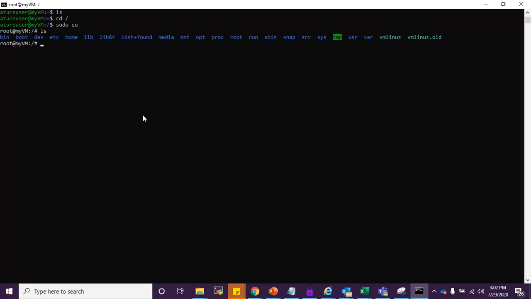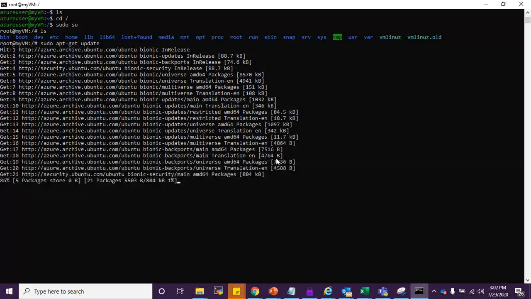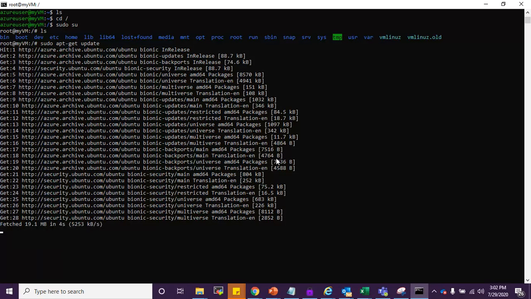Now we'll install Terraform over here first. Sorry, let's do an update first in this machine. sudo apt-get update. Updating my machine. Let's also install a few packages. First, we'll install wget, sudo apt install wget.